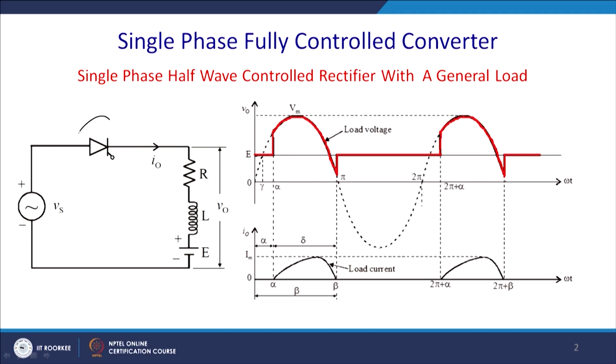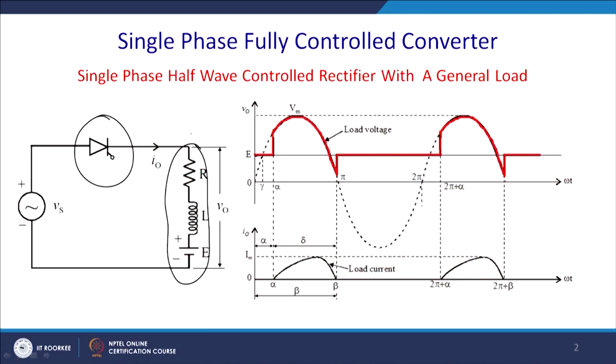These thyristors will actually give a half wave control, because it will trigger in the positive half cycle, and in the negative half cycle it will be reverse biased, and we are not supposed to use thyristors while it is reverse biased. So, gate triggering should be off. Let us assume that it is typically feeding a DC motor kind of load.